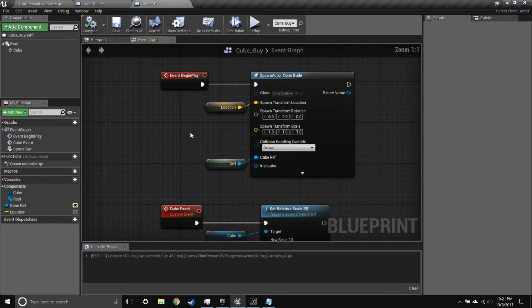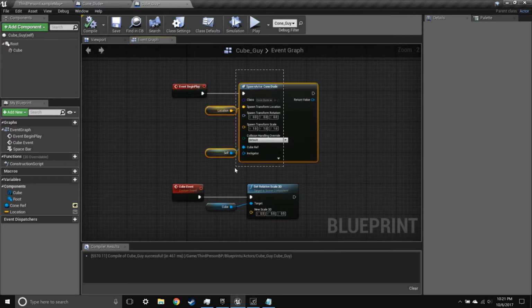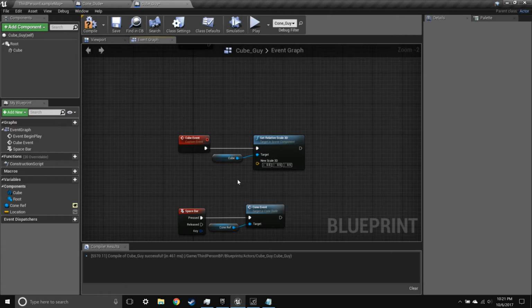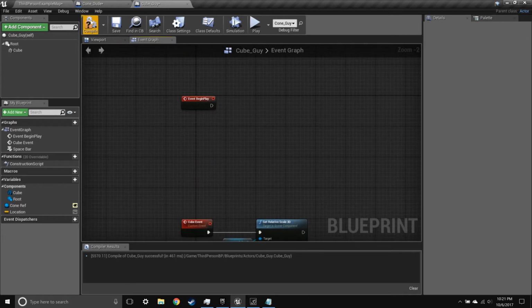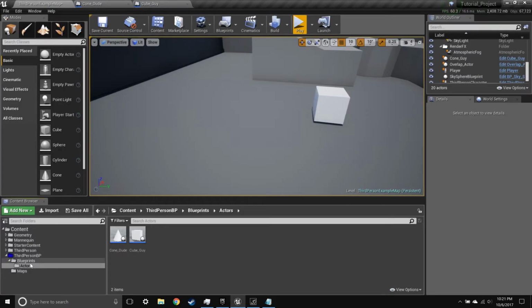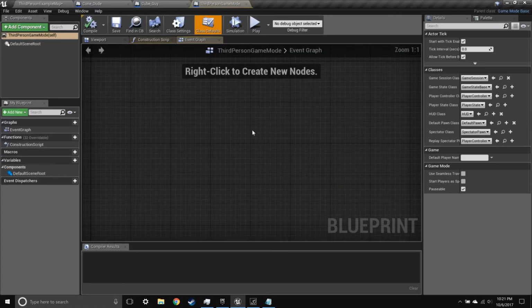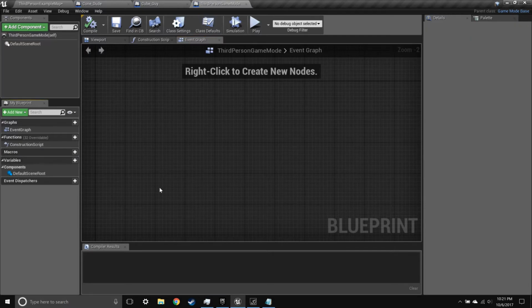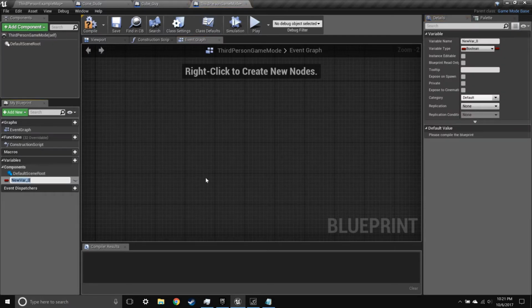Now, here's another way. Okay, so we've got this. We're going to go ahead and delete it. Now, I'm going to show you another method of basically storing variables. So if you want to get a reference, you don't want to do it this way. So what I'm going to do is I'm going to open the game mode, go find the game mode, and I'm just going to make a quick variable called